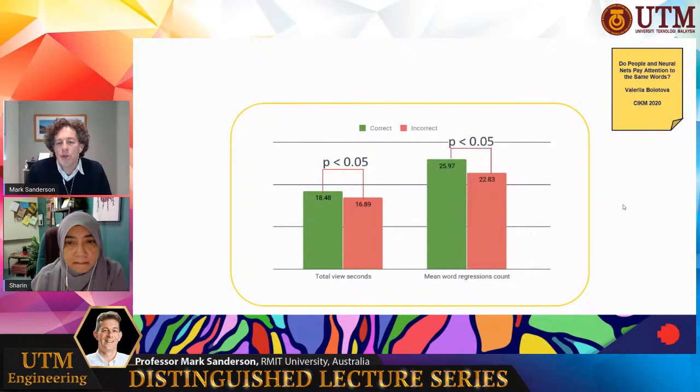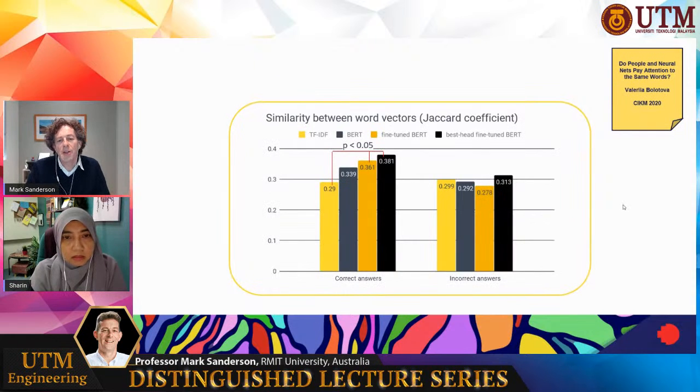She did a bunch of other research. So she also looked at things like how long people would view an answer. People would spend longer looking at a correct answer than an incorrect answer. But the most interesting thing was that she found that a system based on the BERT language modeling system, and one that's actually fine-tuned, and then a revised version of the fine-tuned one that uses the best heads from that fine-tuned BERT model, produced a better prediction of which words a user would look at compared to a traditional